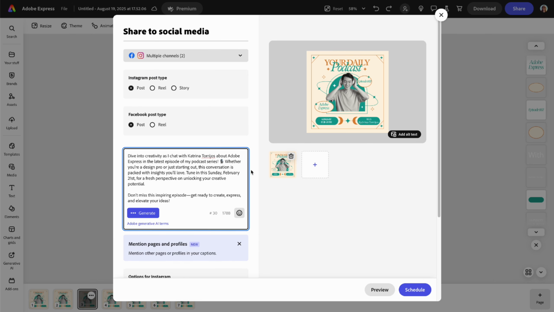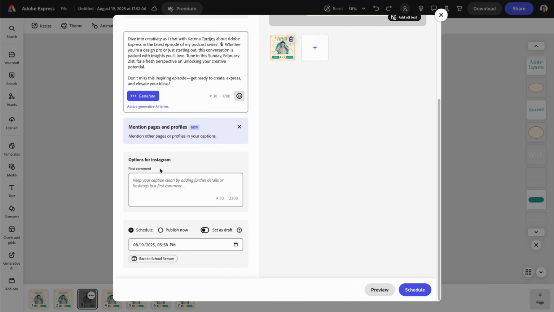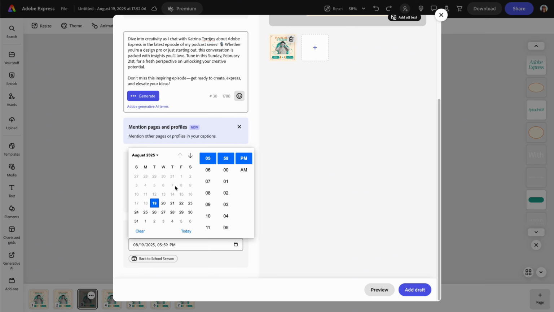Like I said, I would go through and make sure that all this info is right, and also rewrite it in my own voice a little bit, but it's just a nice way to give you that little head start. You can leave a first comment on Instagram, and then this is the important part where I can set it as a draft or just have it auto schedule. So I could publish now or choose the time and date. Maybe I want this to go out later in the week